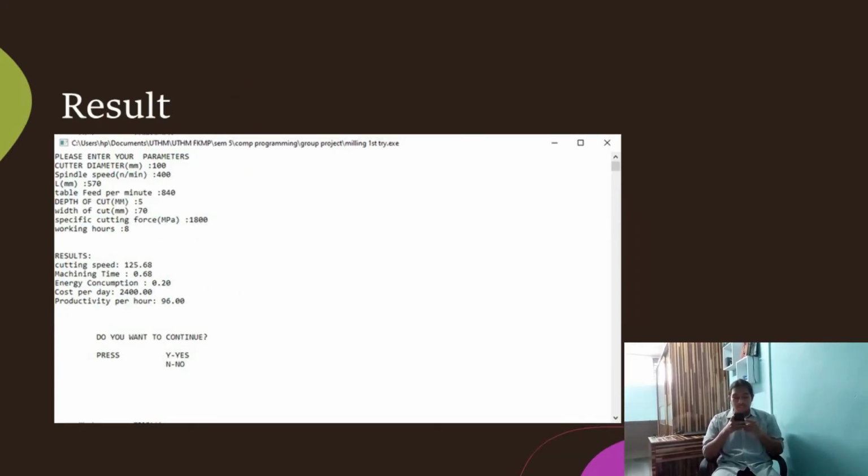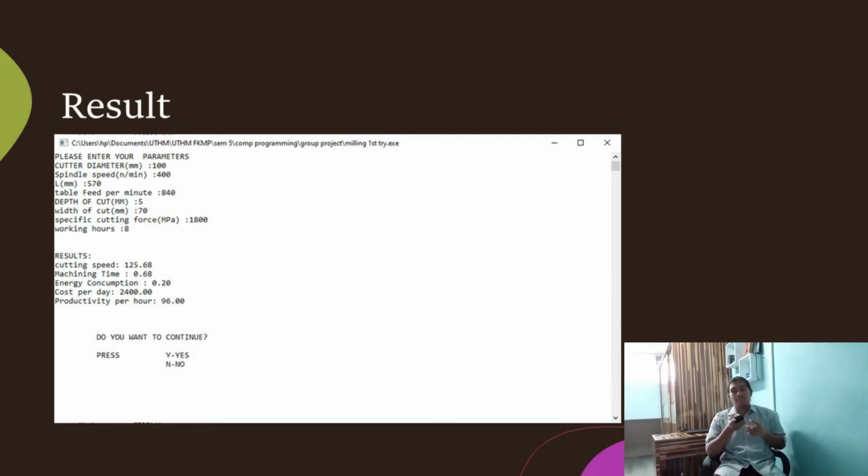For the second page, it will tell you milling machine operation. In this program, we are going to calculate the machining time, energy consumption, cost, and productivity per day.